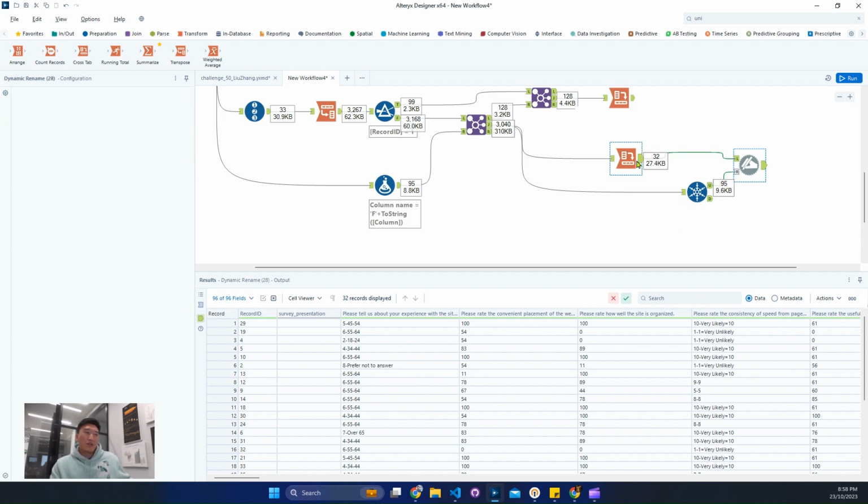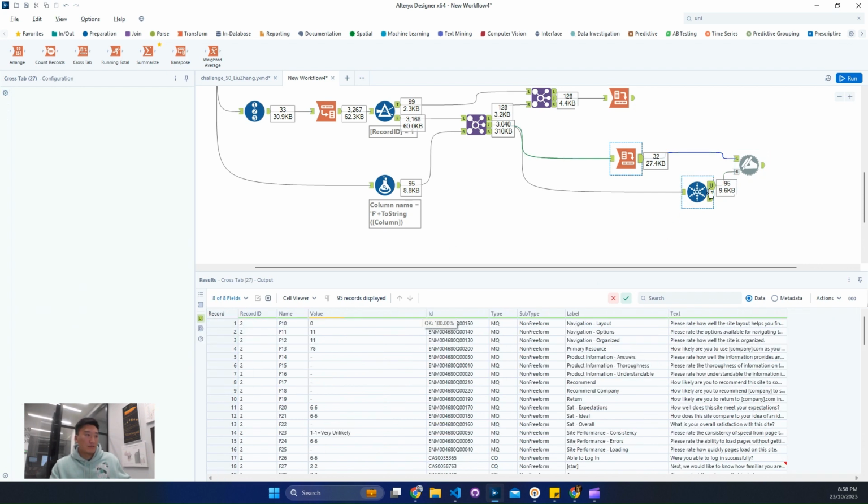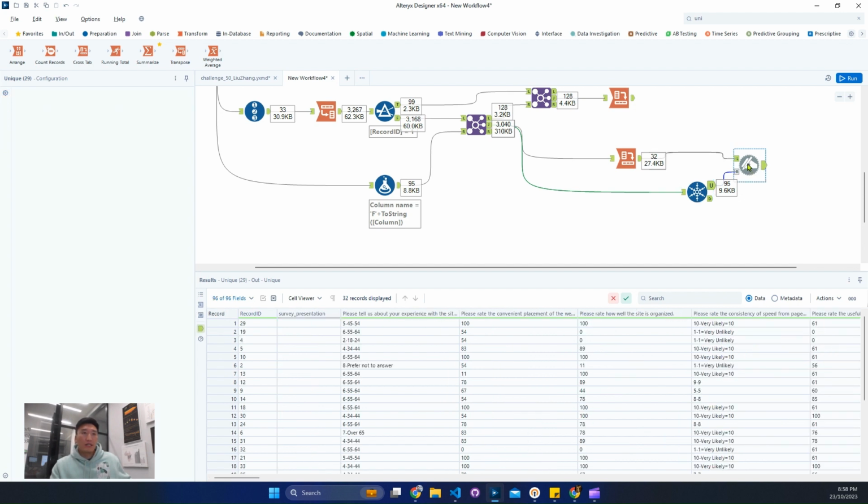96 rows. I think it's the record ID. That's a mismatch. Yeah, I think the one mismatch probably comes from the record ID. But compared with the previous step, you can see, at least with the dynamic rename,